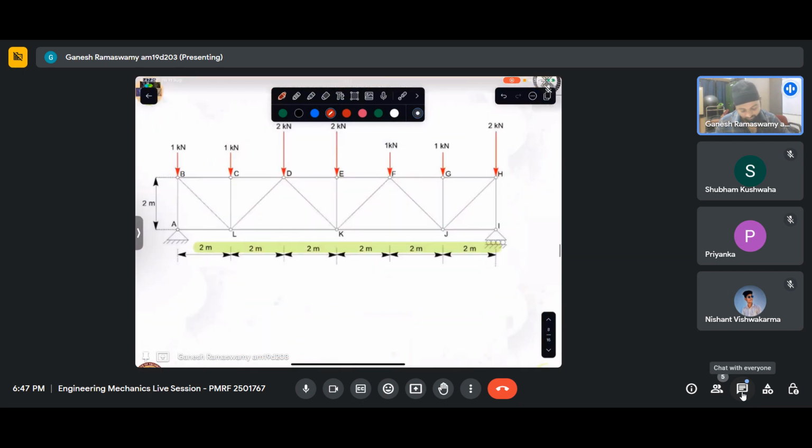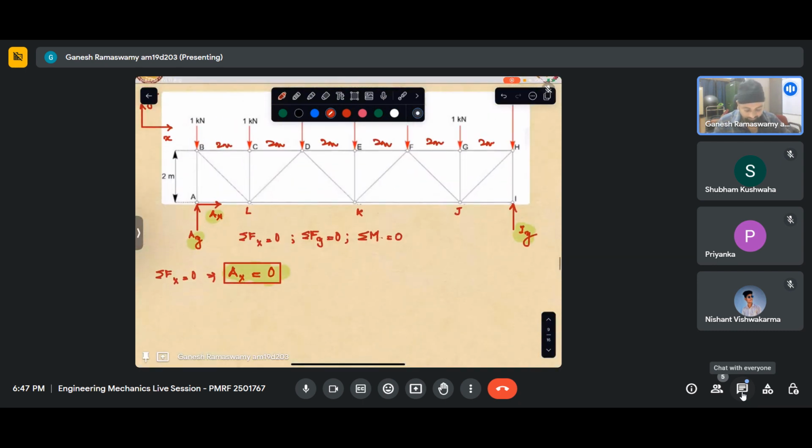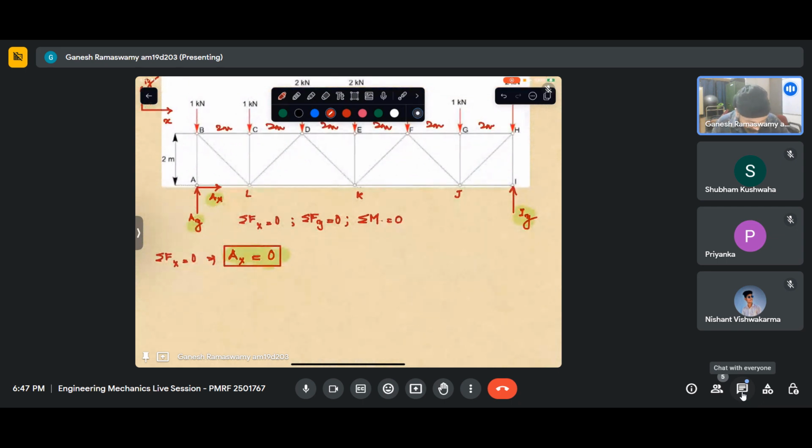Okay. Now I can take sigma Fy equal to 0, which gives me